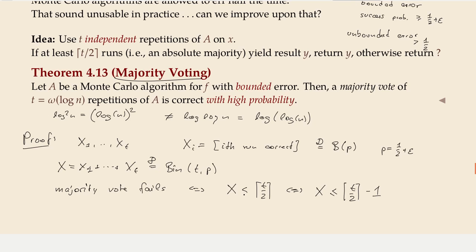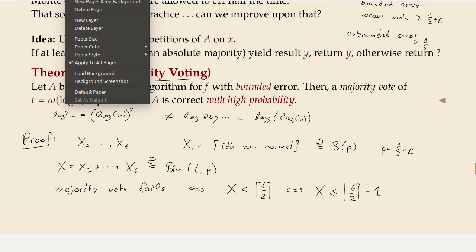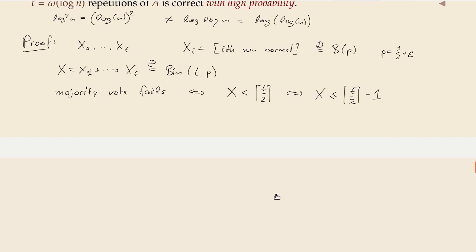It's less than or equal, but it's strictly less, and it's an integer, and then it's less than the same thing, minus 1. So what's the probability for x to be strictly less than t half? So the probability to fail is at most